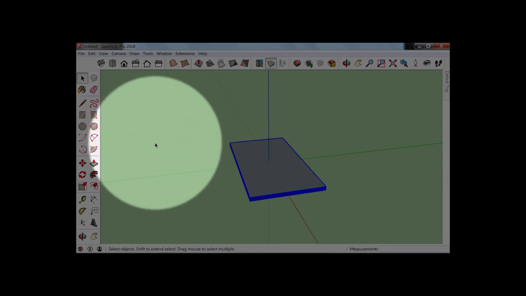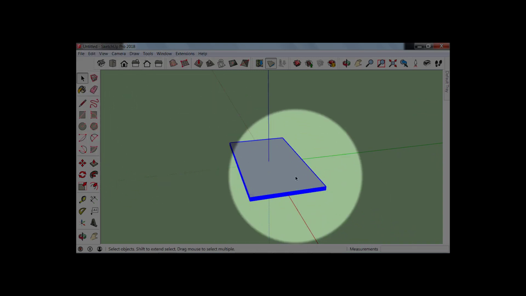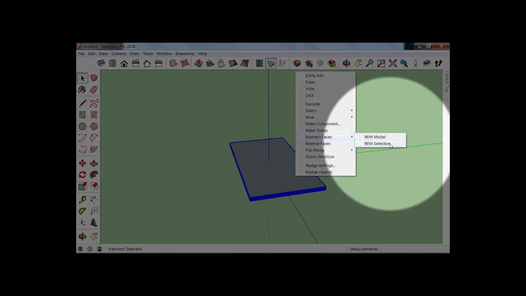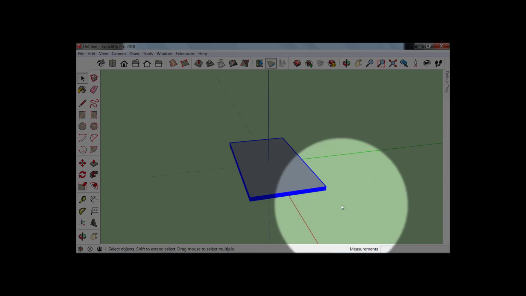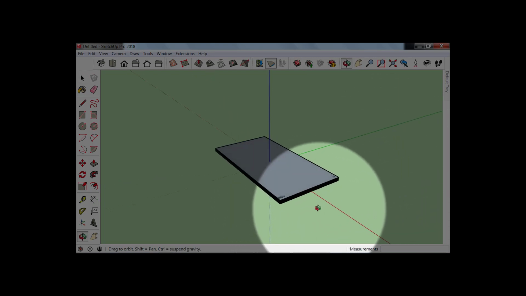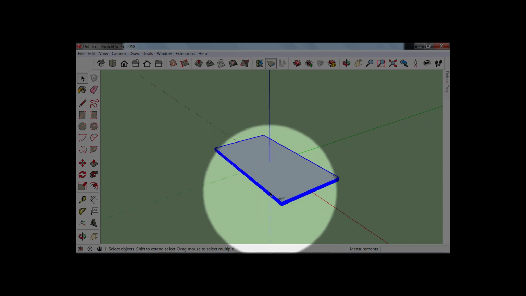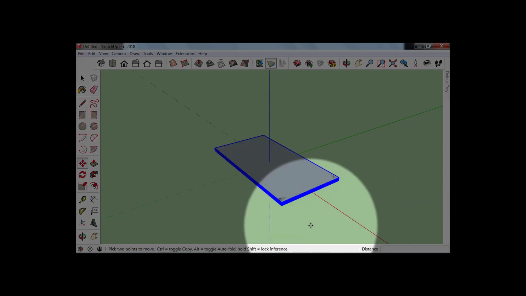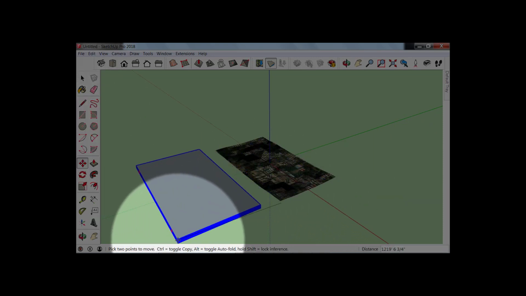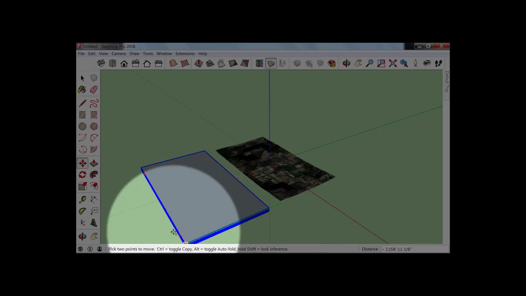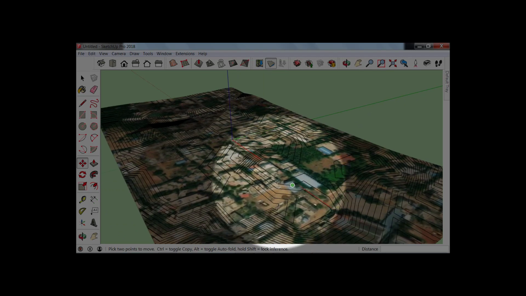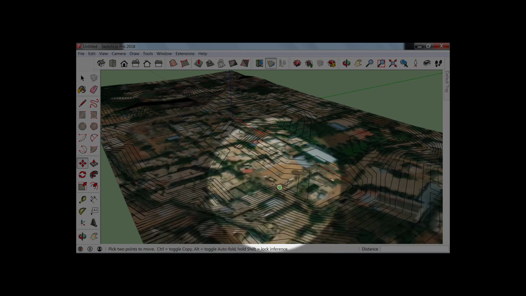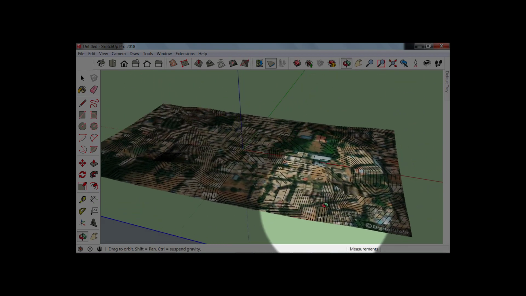Now again go back, select the entire stuff, right click, Intersect Faces with Selection. Now you can see some of the things have come. So if I move this out, you will see your terrain has been cut out here. See how beautifully the terrains have come, correct?